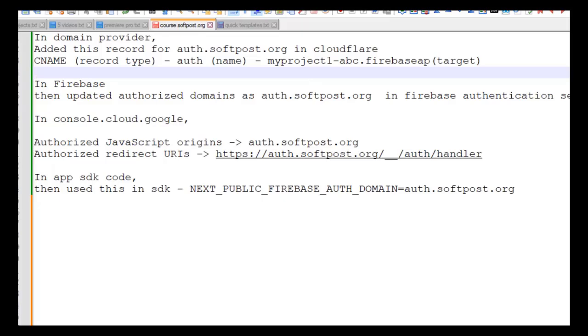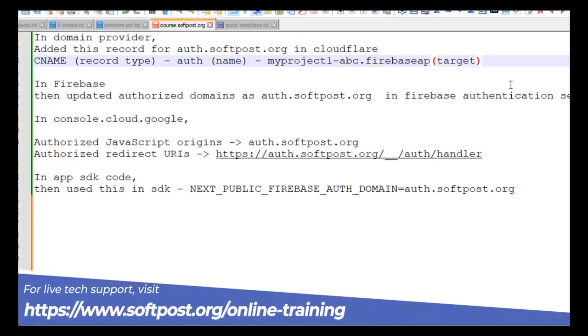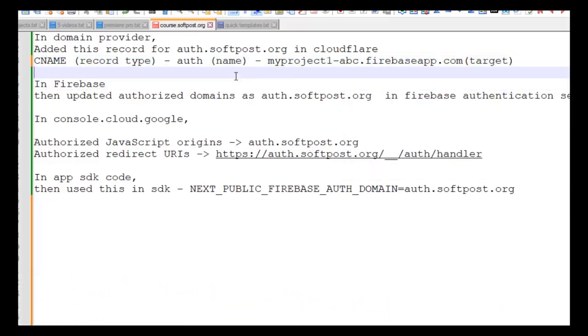If you're using Firebase as a backend, then when a user tries to log into your application, the URL which looks something like project.firebaseapp.com is shown to the customer when he's trying to log in with the Google provider. But instead of this URL, if you want to use your custom domain, for example, softpost.org or auth.softpost.org, what you